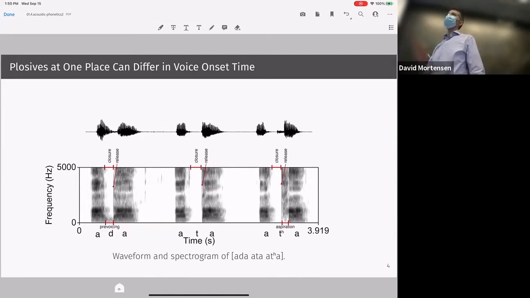This is not so much the case in English, because English voiced sounds, the sounds that we call B and D and G, are actually not very voiced in English. We write them that way, and we sort of pretend they're voiced. They're actually not very good examples of voiced plosives. But if you look at a real voiced plosive, like in this ada example,